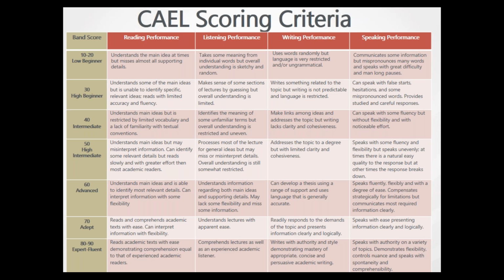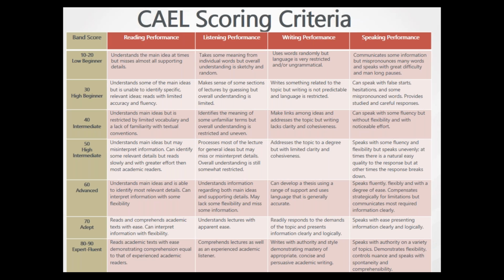So I'm going to read off what our raters are looking for if they're giving you the highest scores, the 80 or 90. Of course, as I mentioned before, the institutions that you're applying to may not need that score that high, but you always want to aim for the highest score. Hopefully you get that, because if you're aiming for the highest, that helps you prepare to get the highest score that you need.